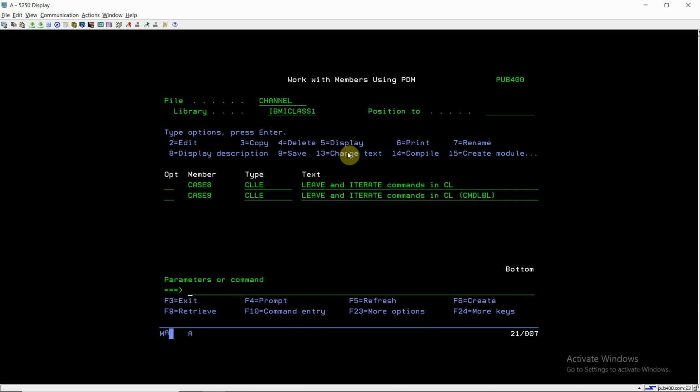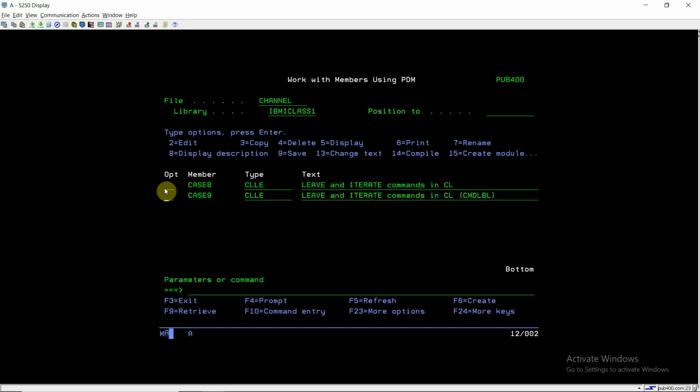So this is the way we can use the leave and iterate commands. Using leave we can leave a particular loop, either the outer or the inner. Using iterate we can skip the processing of the next commands in the inner loop or the outer loop. The loops here in the example are do while. You can build this in do for or do until loops as well.